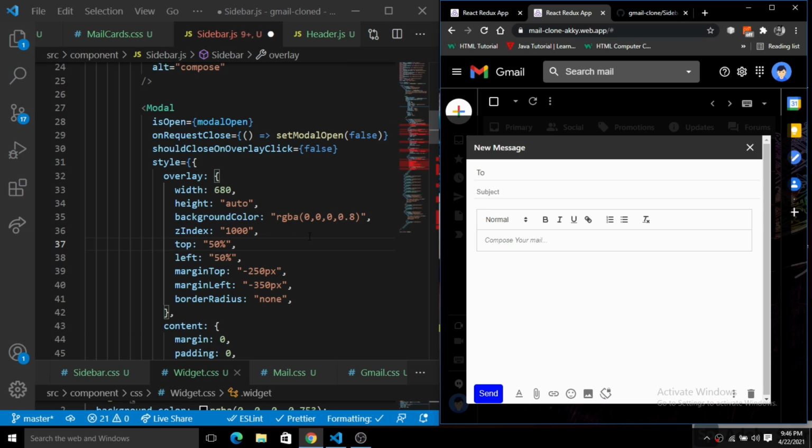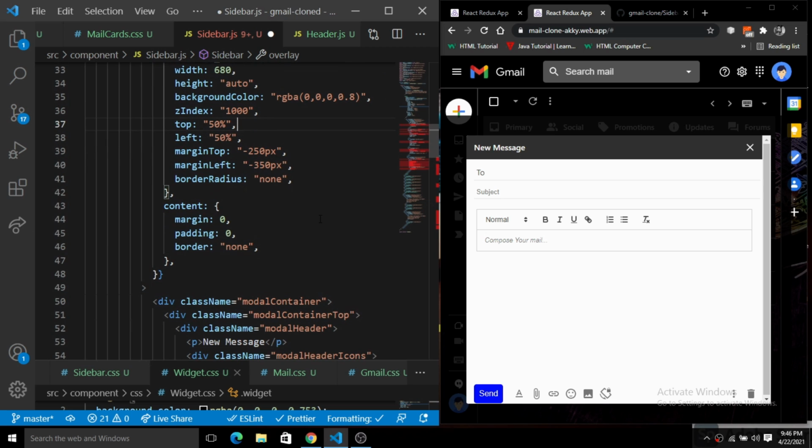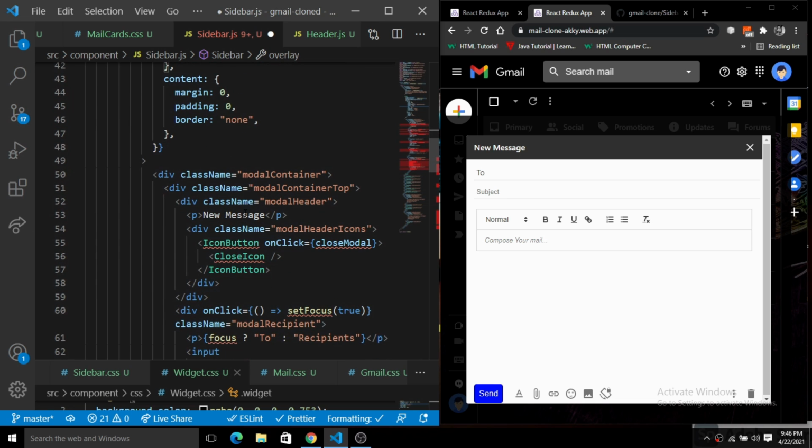We have this background color of rgba of black, z-index, top, left, and here we have just aligned it centrally. So you can see this is the overlay here. Next we have this content. We have given the margin and the padding as 0 and the border as none to the content here. And next we have a new message, right? As you can see here, this is the new message. And after that we have this icon button.